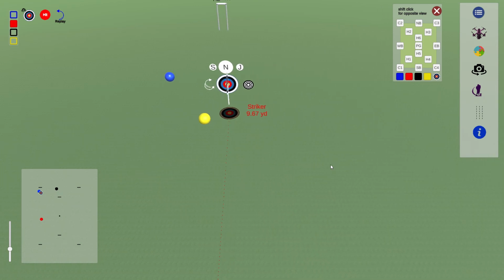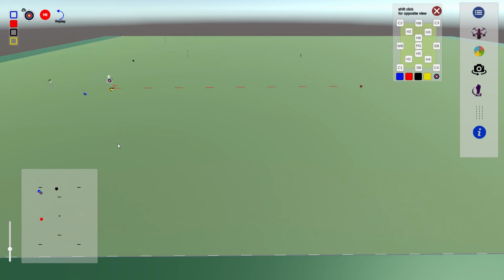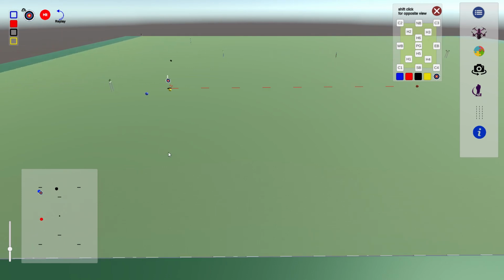Now, to be really, really sure, I'm actually going to go and look at the western boundary view here, and I'm going to just pan across up the western boundary, and you can see there I didn't quite place that right. I'm going to put that there. That's my blocking shot to stop the black from hitting the yellow,